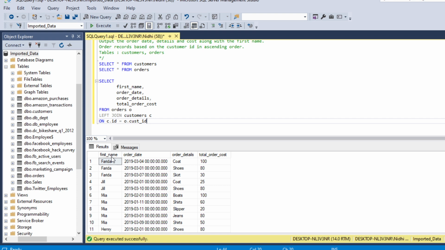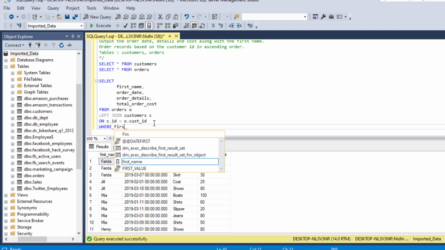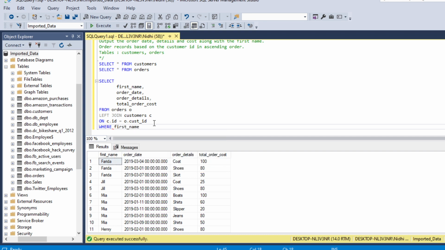Now our next step is to filter the first name where our first name is equal to Jill and Eva. So for that we will apply a where condition. So where first name in, so we will be using the IN operator here. Now we will provide the list of names which we need.